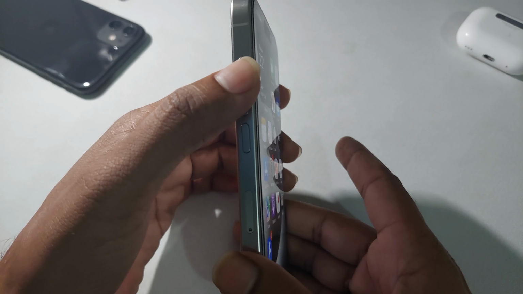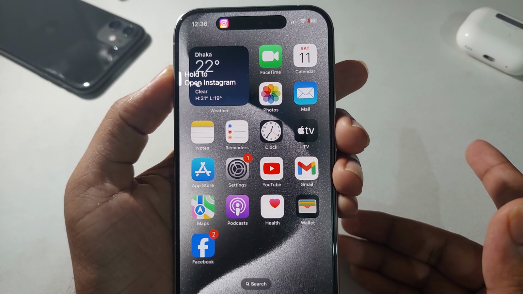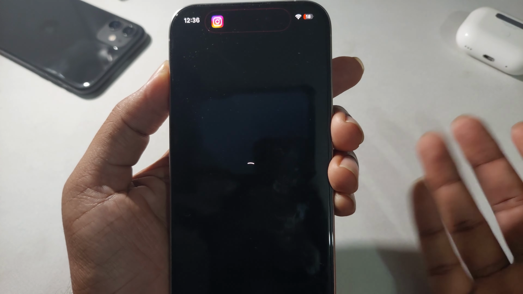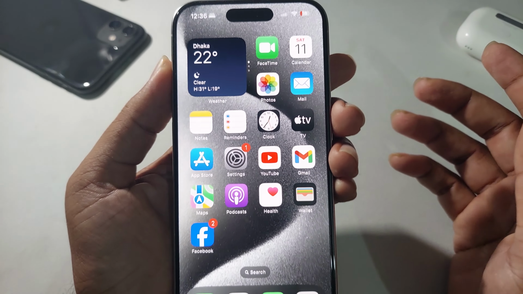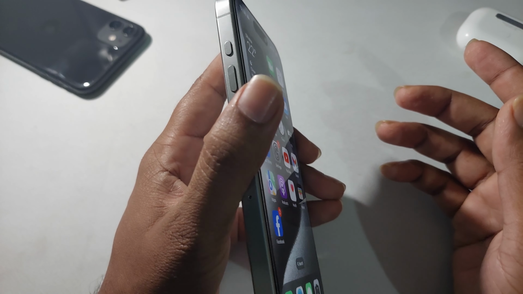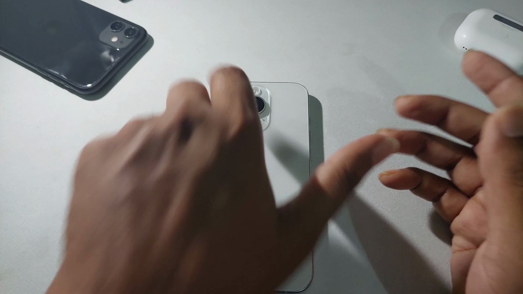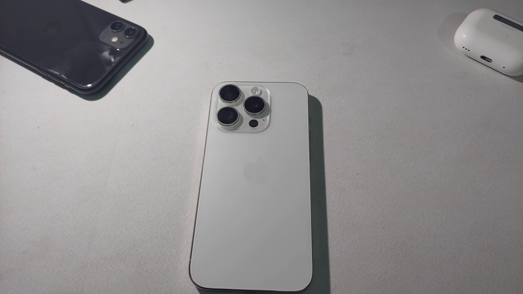Let's check. Just open. So this is how you can easily open any app with your action button on your iPhone 15, 15 Pro